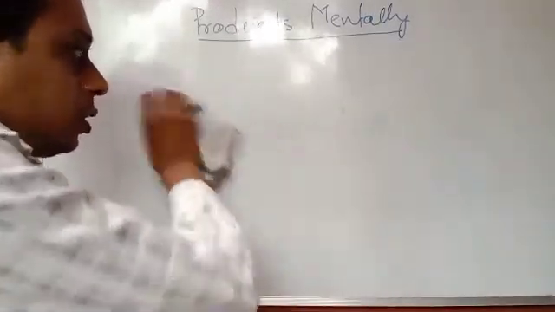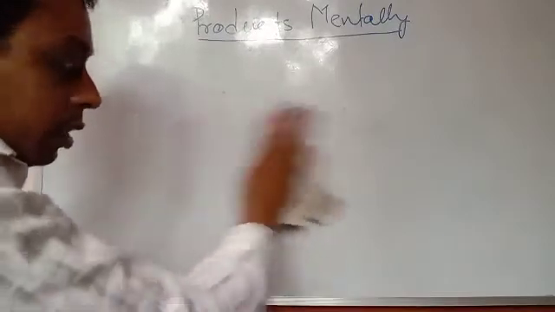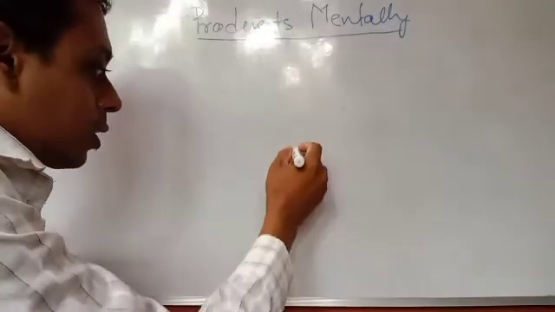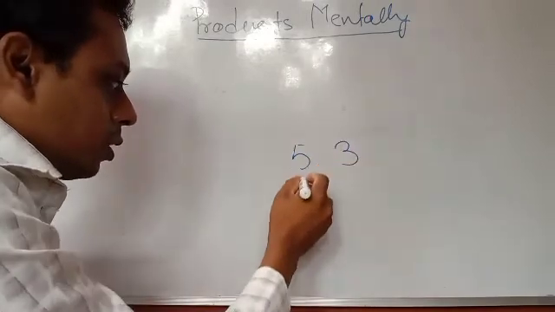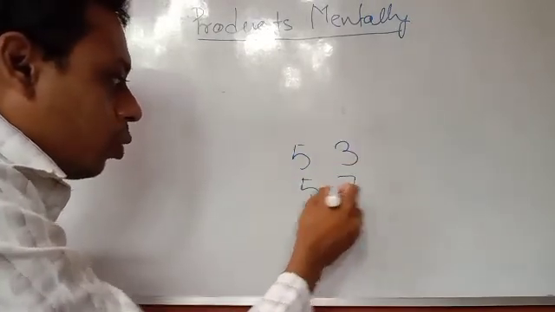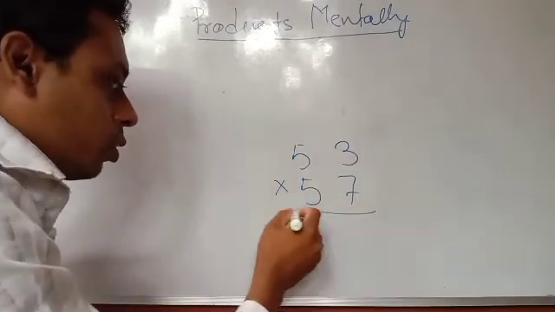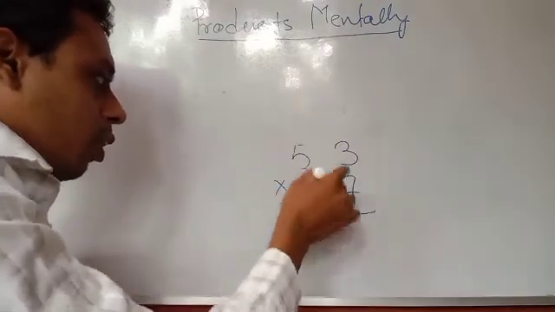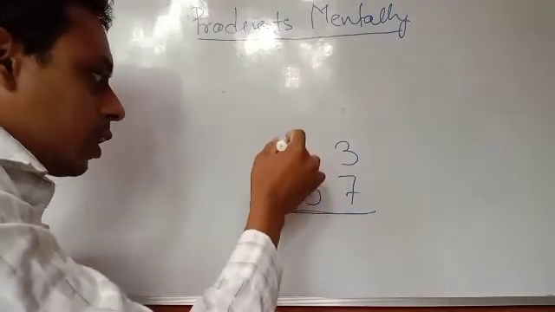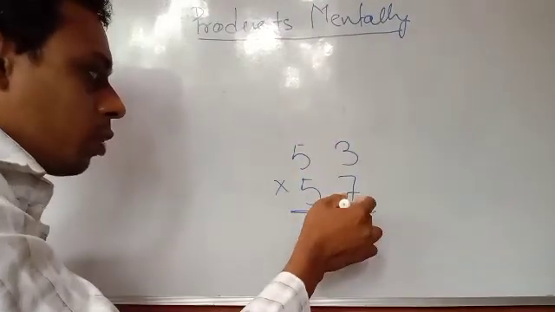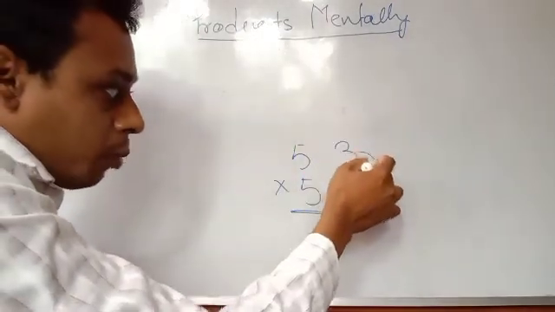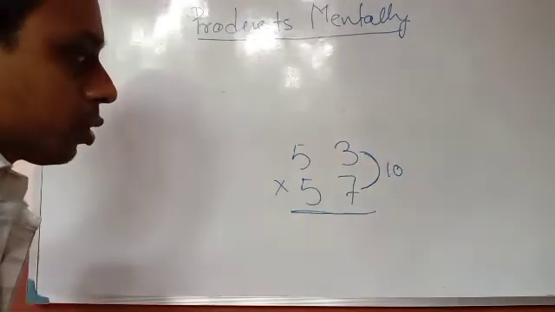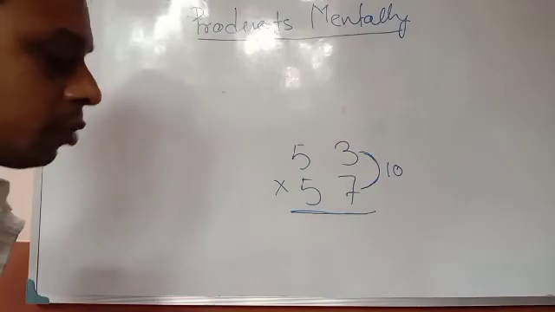So today up to this. Thank you all the students. Next day we will discuss this type of sum. So 53 and 57. Both the number are different. But 53 and 57, digit in the 10 place same, but digit in the 1 place not same. But sum of these 2 digit is 10. Okay. So this condition will be there. Next day we will discuss.